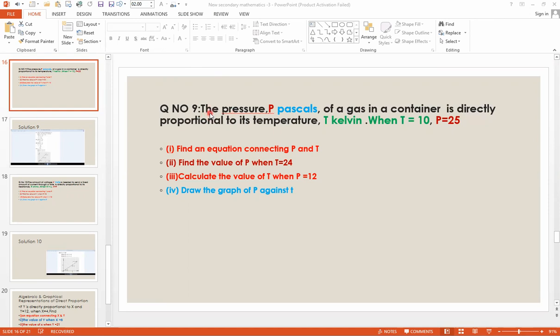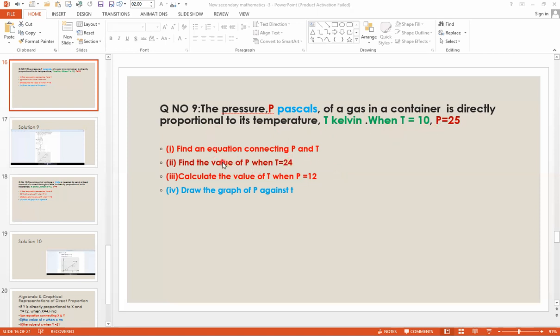According to the question, the pressure P pascals. You must remember P is the variable and pascal is its unit. The unit of pressure is pascals, of a gas in a container, is directly proportional to its temperature, T Kelvin. Always remember T is the variable and the temperature unit is Kelvin. Okay. When T is equal to 10, P is equal to 25, you have to find an equation connecting P